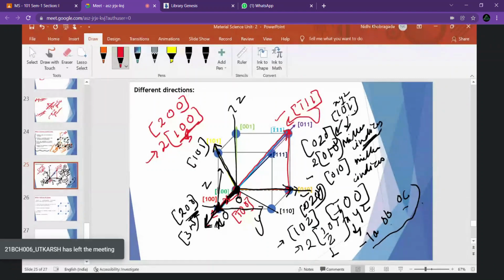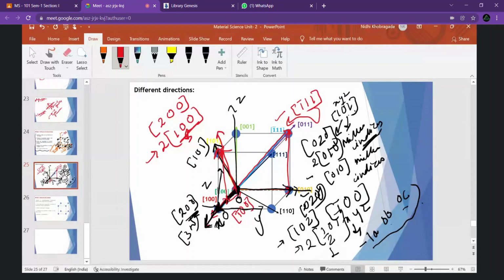Okay, so it will move to this side. Okay, so it will come this side. So this will be our particular direction for this. Here it will intersect in this position, right? So this will be our value, where it is written, yeah, 102. Fine. In the similar way, if we move towards any other direction, either in the positive side or a negative side or an integer greater than 2.